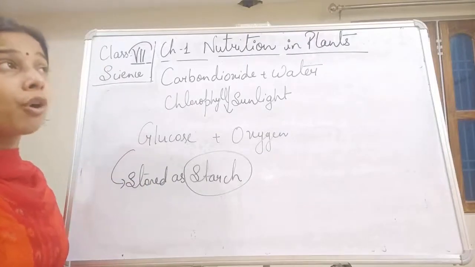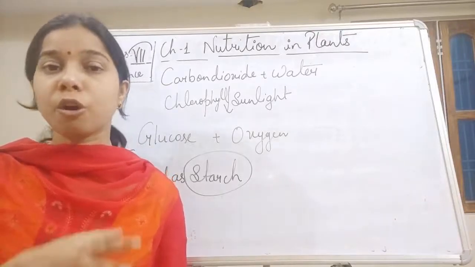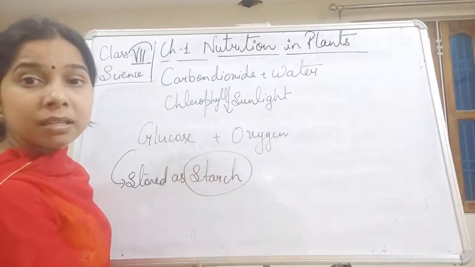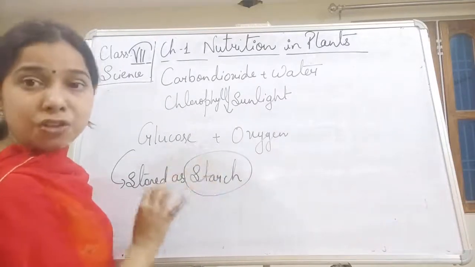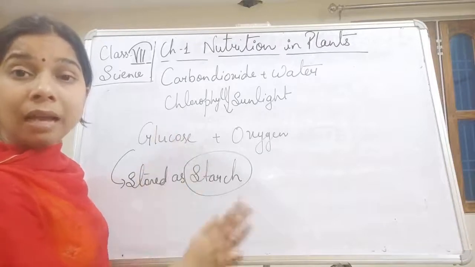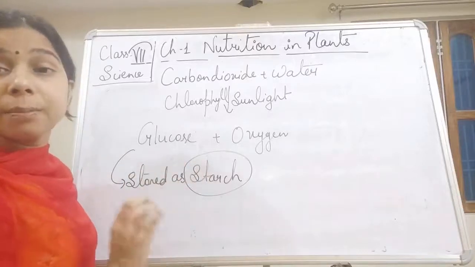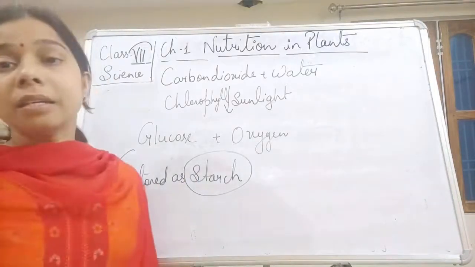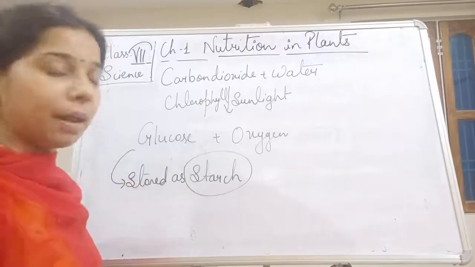So whenever we want to detect whether the photosynthesis process has taken place here or not, we will detect it by the presence of the starch. It means if a portion of a plant is having starch in it, we will say that that plant has performed the process of photosynthesis. So it is the starch which helps in proving that photosynthesis has taken place in a chemical reaction. Now, how will we detect that starch is present there? So we will see an activity with the help of which we can detect the presence of starch.